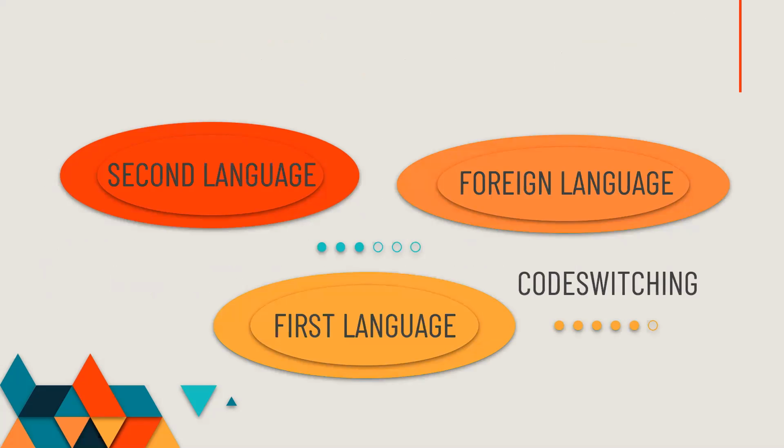Here we talk about first language, second language, and foreign language. In the classroom, the first language can be used. And one of the common features of bilingual speech is code switching. Code switching we define as the systematic combination of the second language and first language in the classroom. In the foreign language classroom, students and teachers can use code switching in order to communicate and understand about the learning